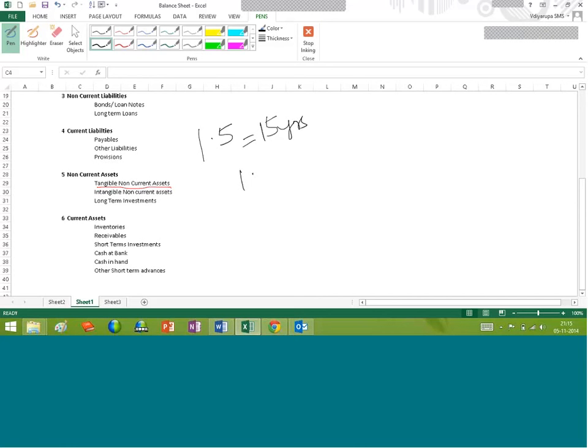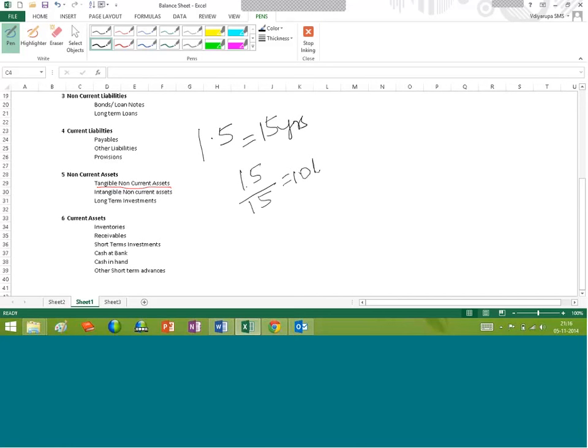So 1.5 crores of rupees is to be split over how many years? 15 years. Every year we are going to match the expenditure against the revenue to the extent of 10 lakhs of rupees. So every year 10 lakh rupees out of this 1.5 crores is expected to fetch revenue. If it is continuously going to fetch revenue, this 10 lakhs every year must be matched against the respective year's revenue for how many years? 15 years. We are going to do that as per the principle of matching.